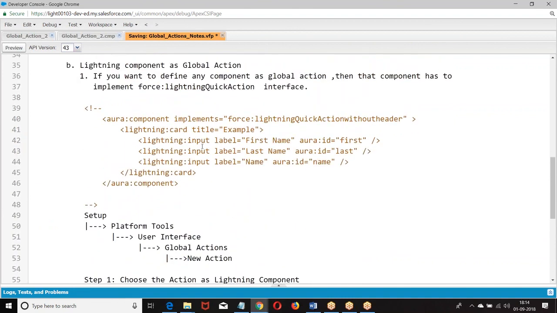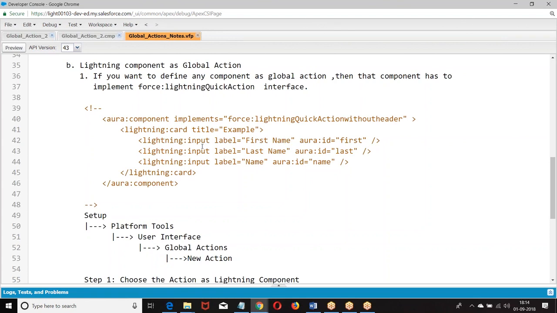Now I made it simple, but we are supposed to go for an Apex class. The extension can be there. We can define an Apex class and insert the data using it, or I can go to the client side controller and call it. I can go with LDS to create a record, or I can go with events. Now it is a component, and in the component, whatever can be defined, we can define.